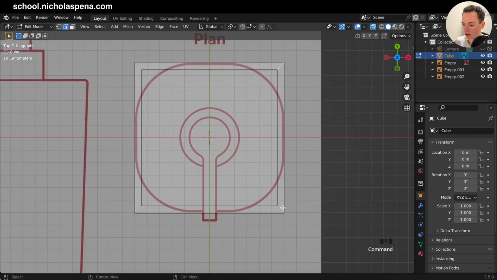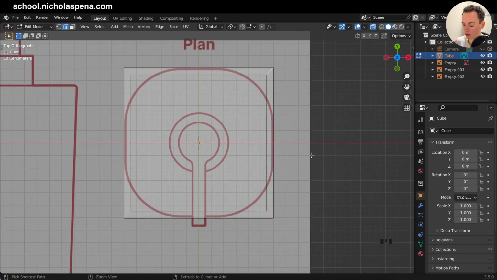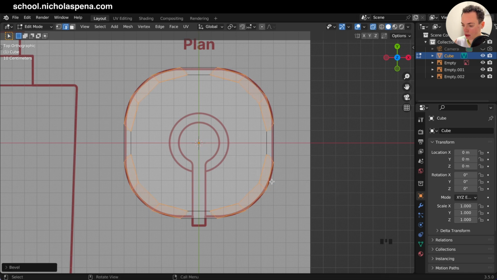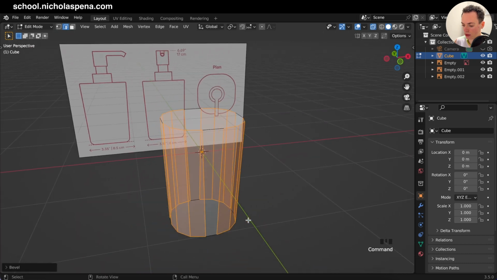Tab, edit mode, we have these selected, and then Ctrl B, do a bevel, and we are going to put three segments like this. You can see the segments at the bottom, these. So Ctrl B, you scroll, put 3, and I'm going to put it like this here. Now we have this,